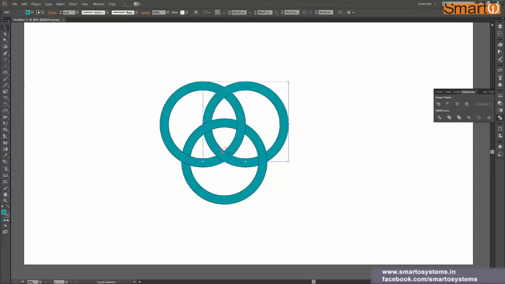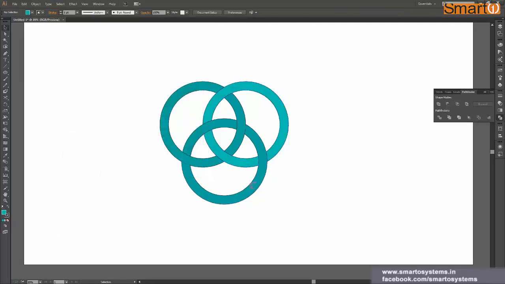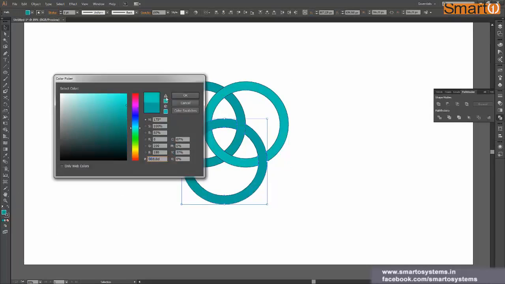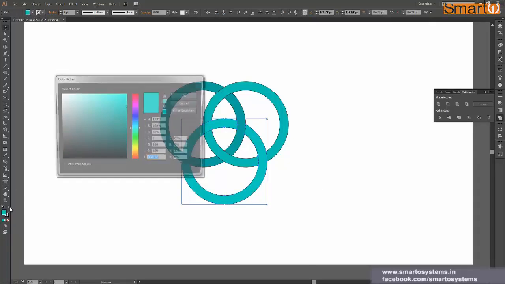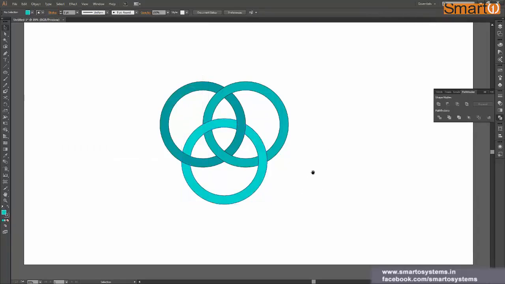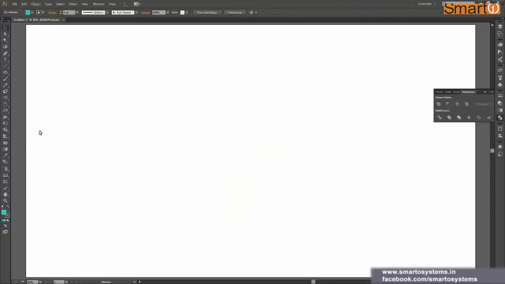So yeah, we have really created a good design using shape builder. So again, recoloring it a bit. A very light difference in shades. Okay, this too looks almost similar. So I think this much will be fine. Okay, so I hope you like this example and understand it too. And now we are going to move on to the next tool, which is the pen tool.